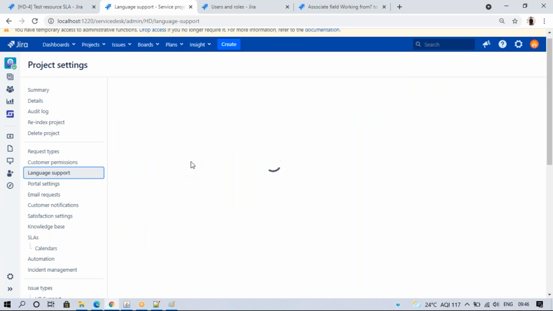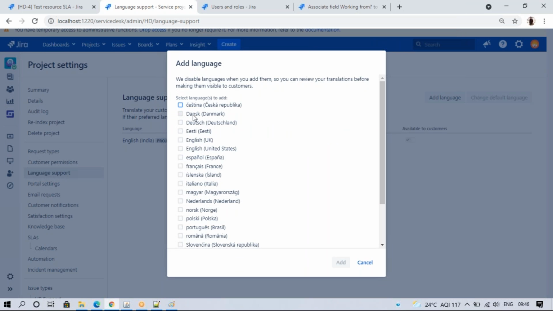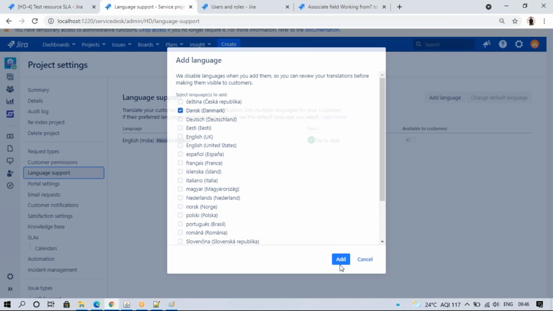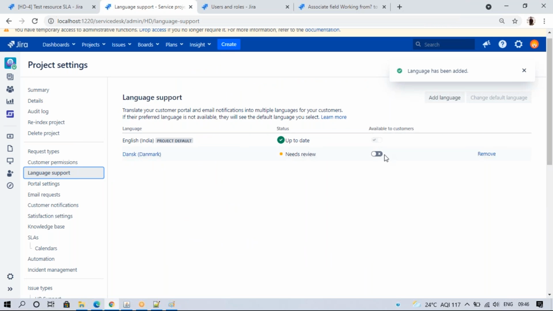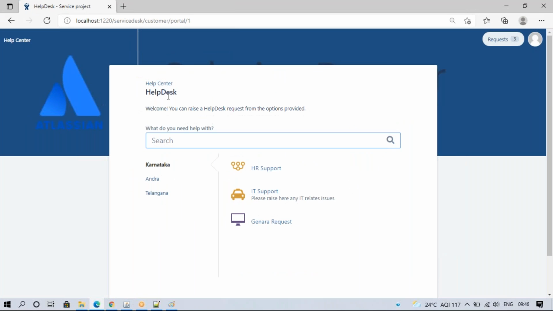The next is language support. This is also newly enabled. By default it is English India, available to the customers. Yes, and add language. You enable this. I don't know how it works, I'm seeing this now.